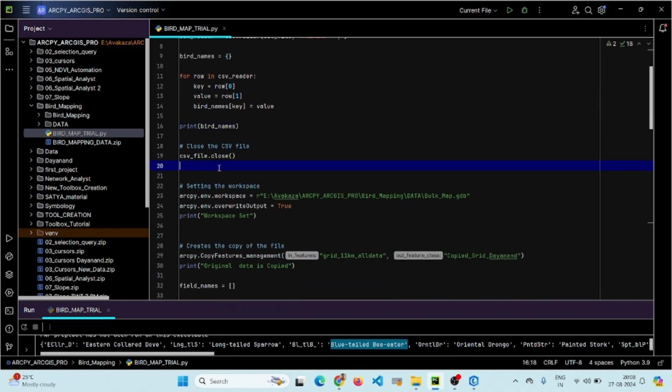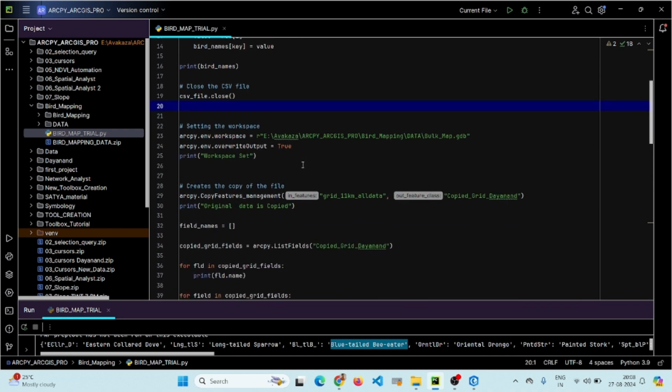So let's talk about workspaces. What are these workspaces? Your workspace is, we can say, like a folder in which we have all our files. We are saving the files there and calling the files from there. So that is the location where we are going to work, and that is called your workspace. You can set the workspace by